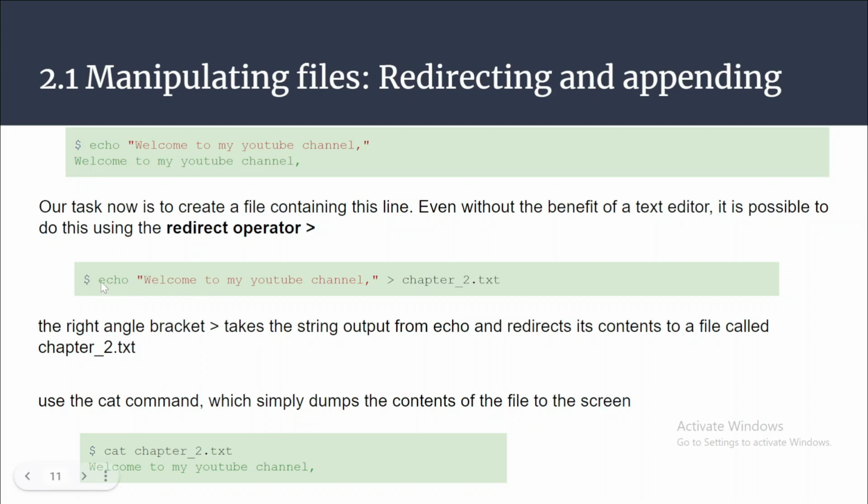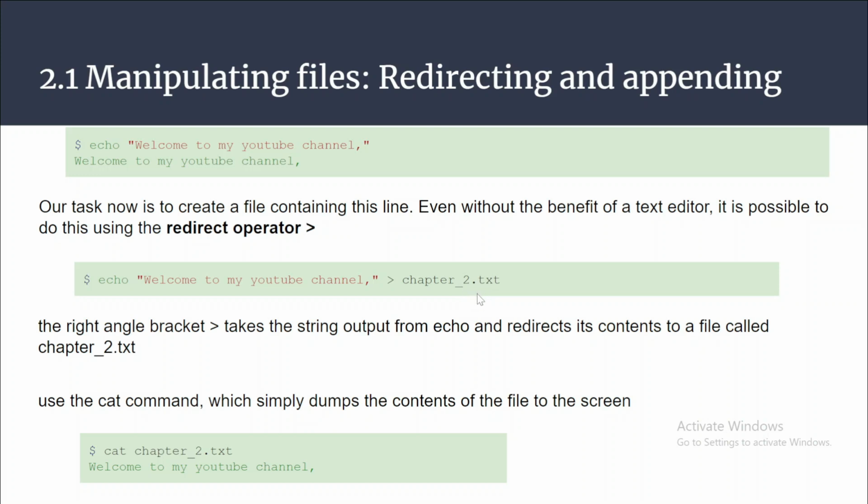You just have to type the command echo, and whatever you want to add in your txt file, and then apply the redirect operator and give the file name where you want to transfer this particular line. The redirect operator will take the output from this string part, and the content will go into the chapter underscore 2.txt file.